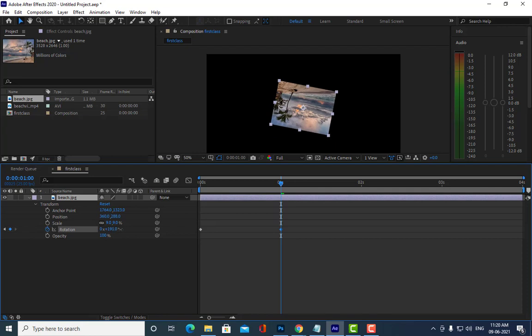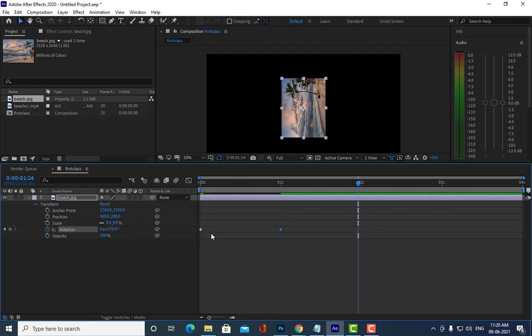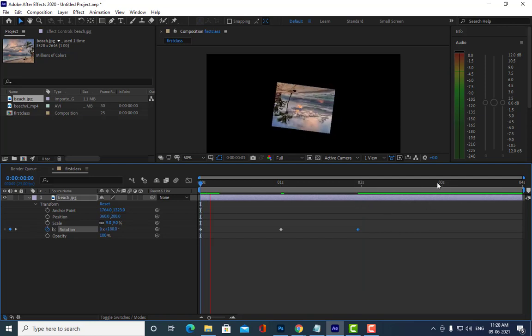We will actually rotate it only this much, 270. We'll just type 270 here. Then we will come back to the 2 second mark, and 270 plus 90 is how much? 360. Just hit spacebar. Are you able to understand?